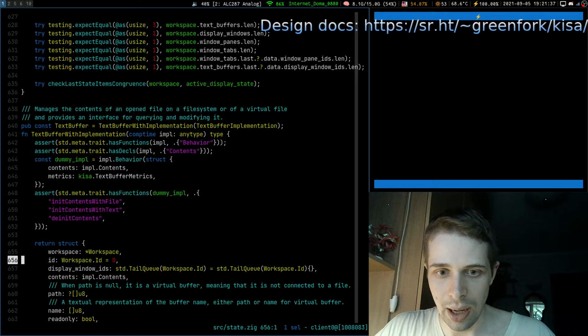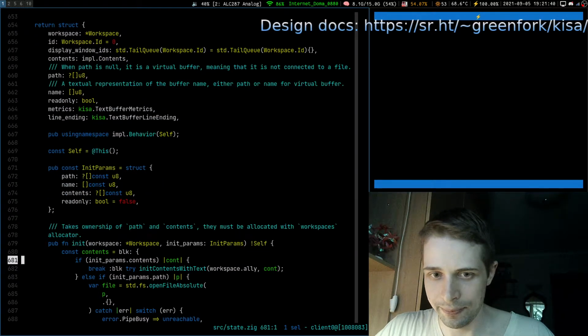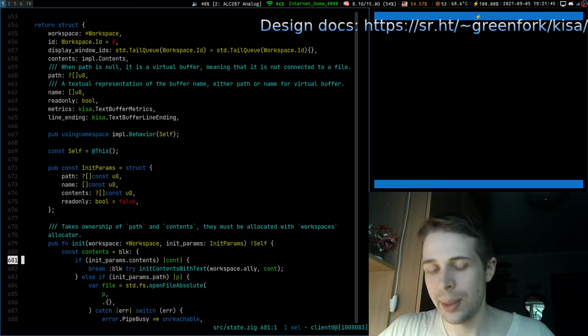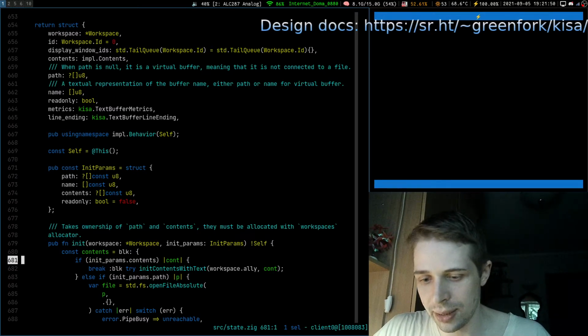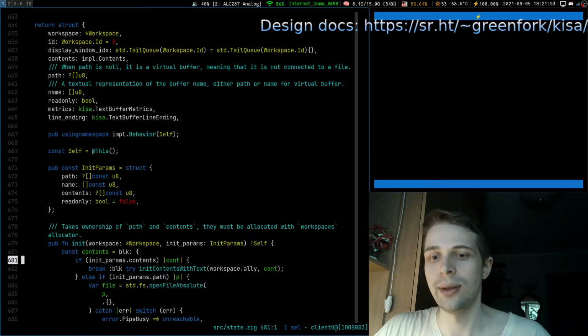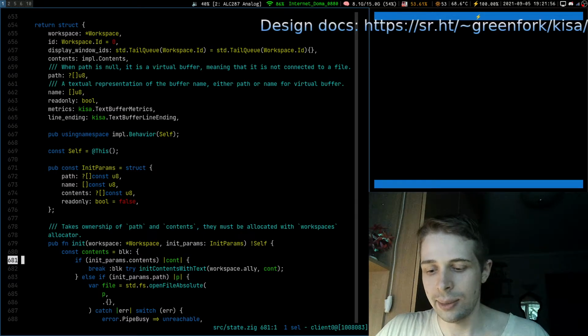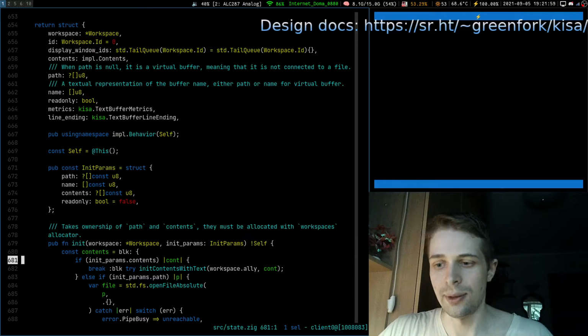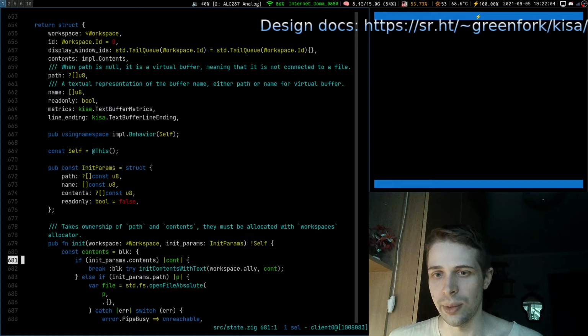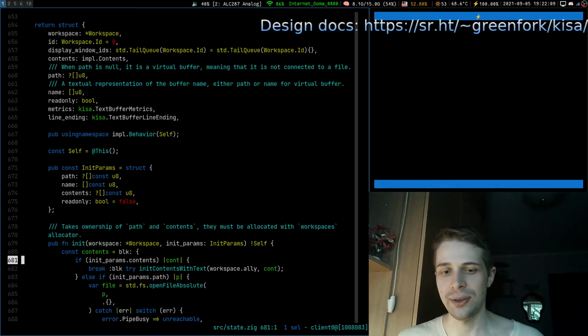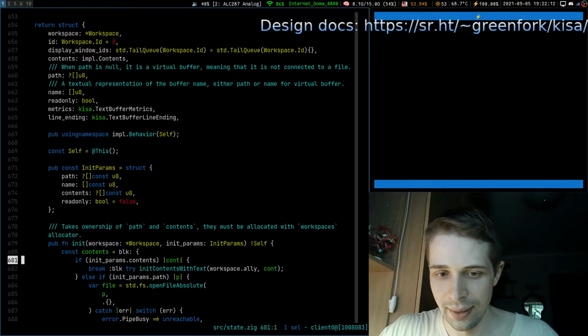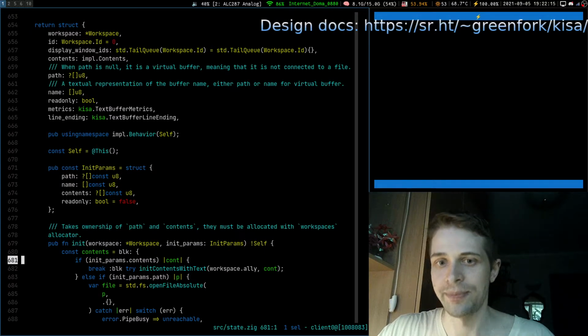Now we should go to our text buffer and we should have a general framework for processing different requests about changing the text buffer, which also give you a window ID. So effectively we would like to have some kind of proxy for all the requests to the text buffer, which will give window ID and more information on how to actually change things. So let's think about it a bit.